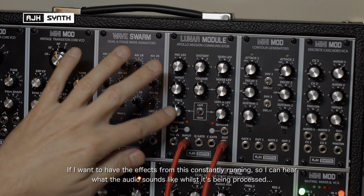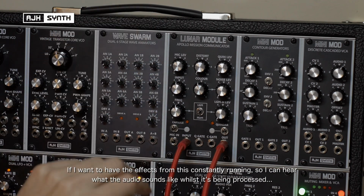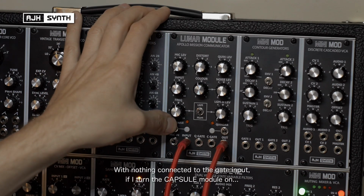If I want to have the effects from this permanently running so I can hear what the audio sounds like while it's being processed, then so long as I've got nothing plugged into the gate inputs, if I turn the capsule module on,